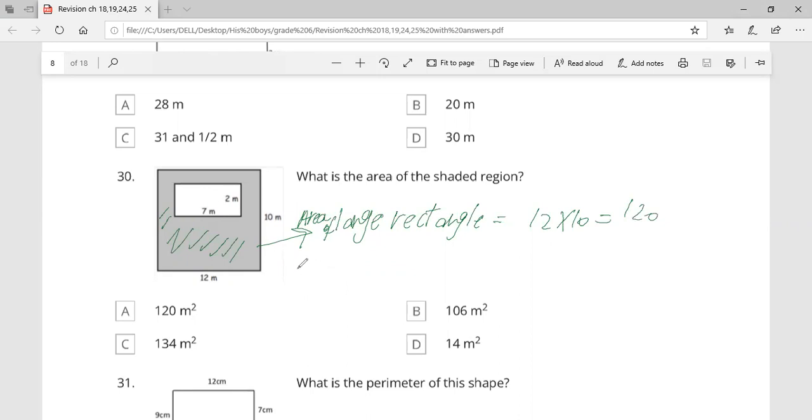And area for small rectangle, you just multiply 2 multiplied by 7 equal 14. And subtract 120 minus 14, get 106, and so on. Here is what I mean. The next one,